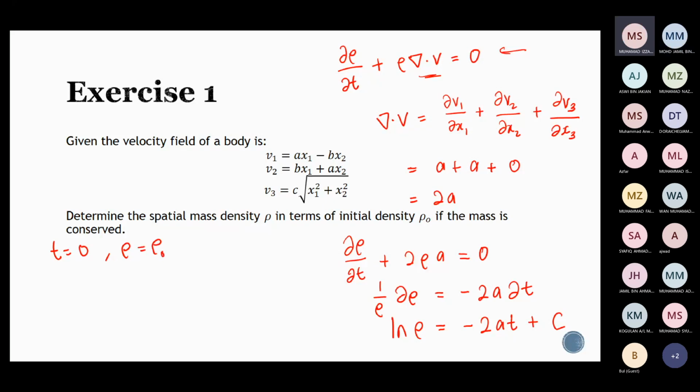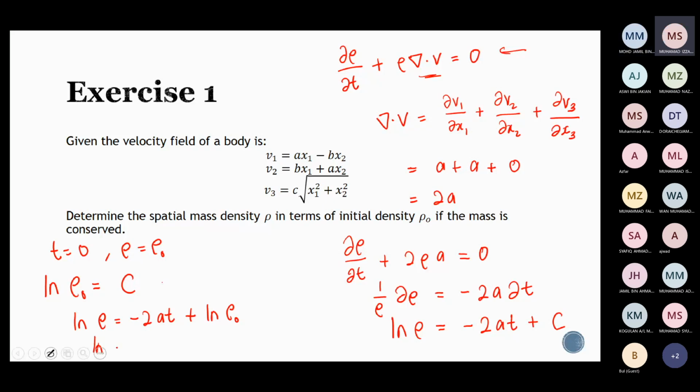So we get c, okay, so c equals ln rho naught. Then rewrite, rearrange. So you get